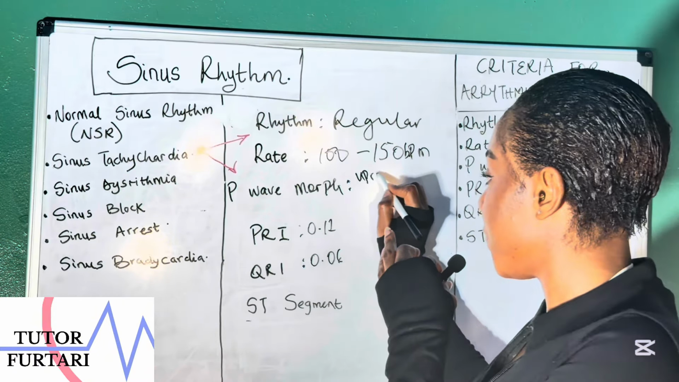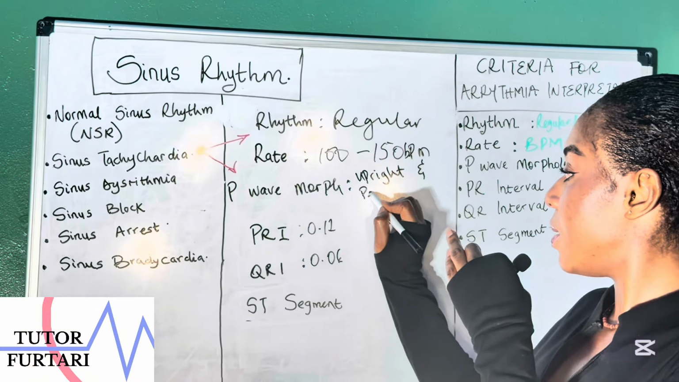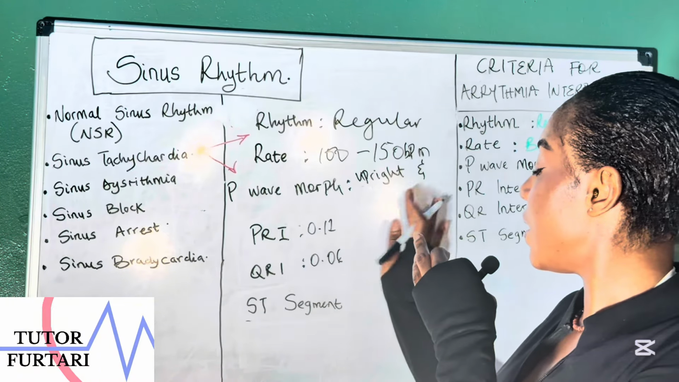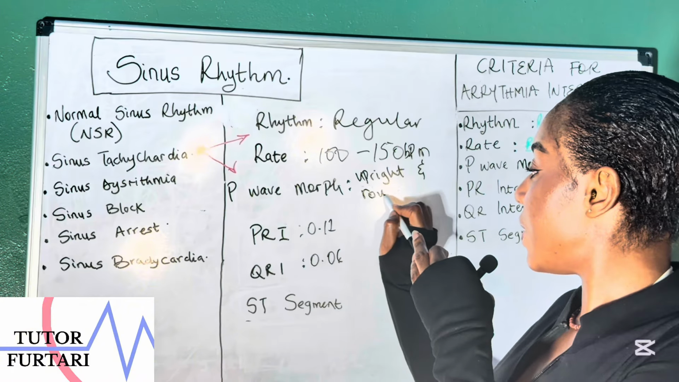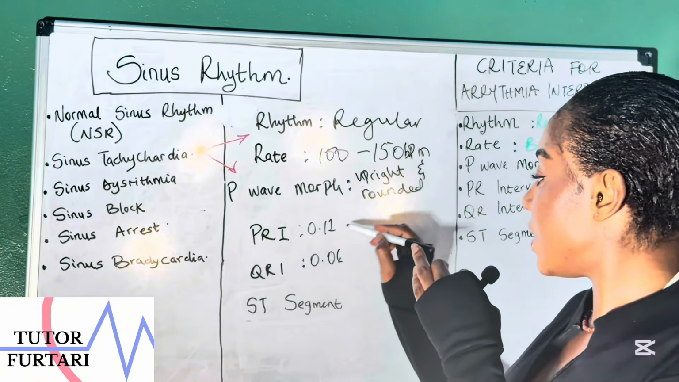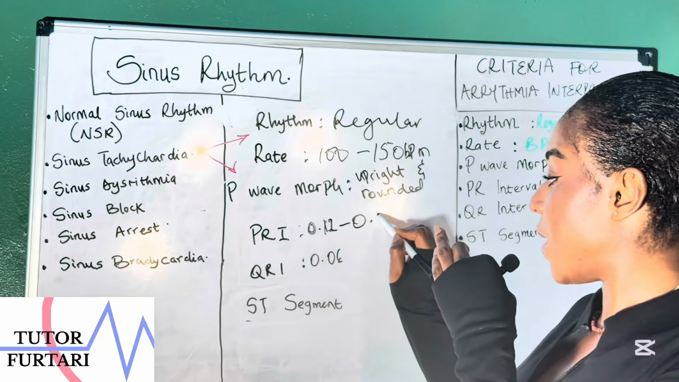rounded. And the PRI also is the same thing. It's 0.12 to 0.20. And the